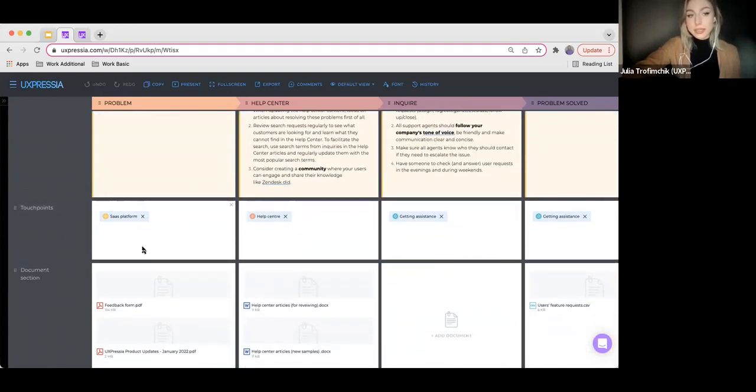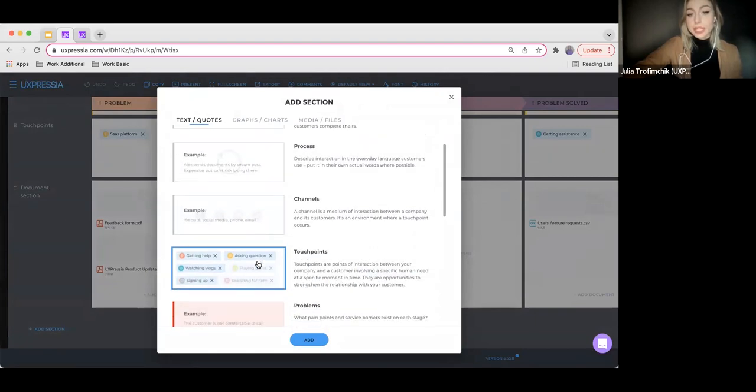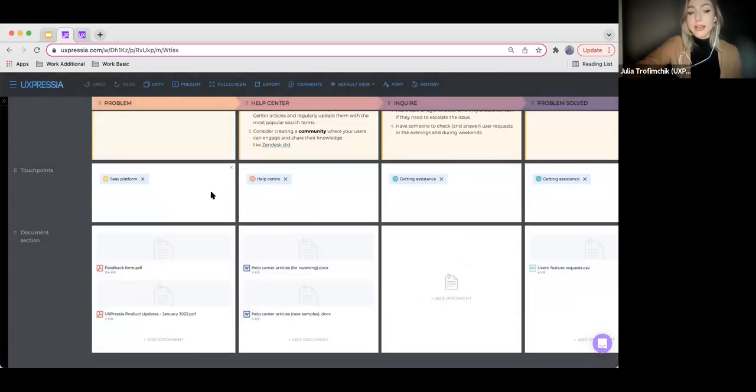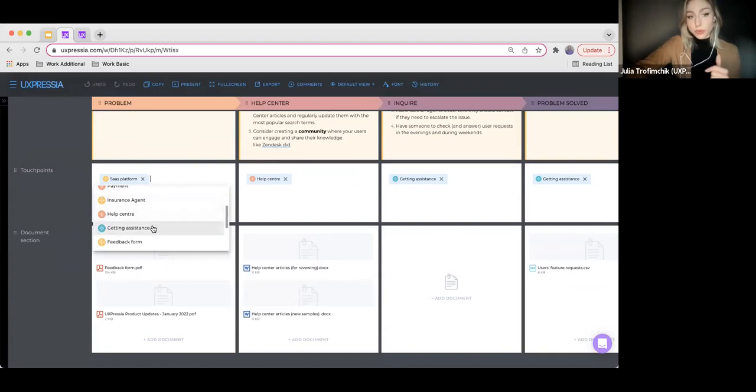I have this one added already. So all you have to do is select this touch point section from the section menu. And that's it. Then you just start typing in the cell, and a list with autocomplete suggestions will appear, prompting you to select the needed touch point for the specific section.